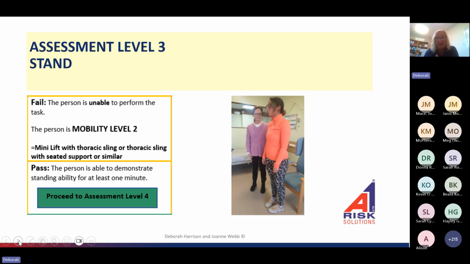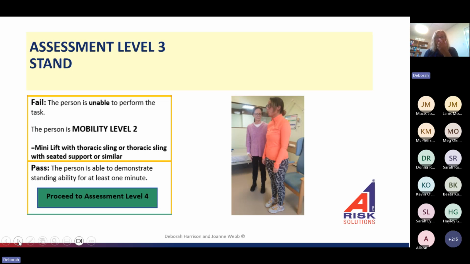Okay, so that is, again, about rehabilitation, about reablement, getting the person's mobility to progress. So from a therapeutic perspective, we want to know, can they stand up for a couple of seconds? Even if they could stand up for a second and sit straight back down, they've actually done that full stand using that piece of equipment. But then for care handling, they're going to use the mini lift or a standing hoist.